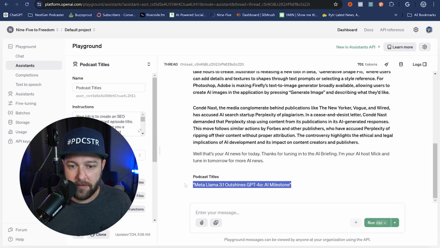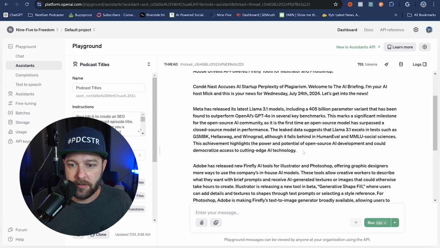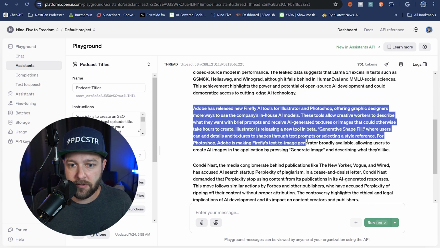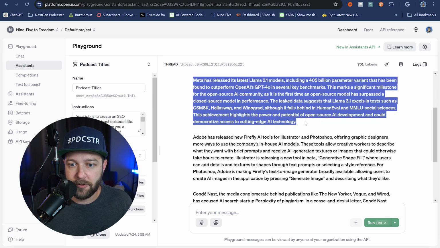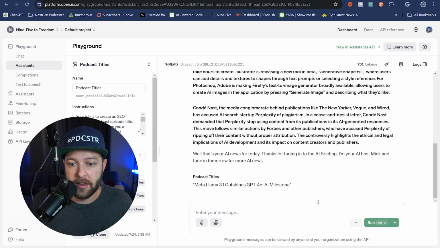Okay, and just like that, we have a title almost instantly. And you can see we have story headline 1, story headline 2, story headline 3. The assistant deemed that this first story here as the most interesting, and it created a title around that. Now, if it didn't follow your instructions or you didn't get the kind of output that you wanted, we can